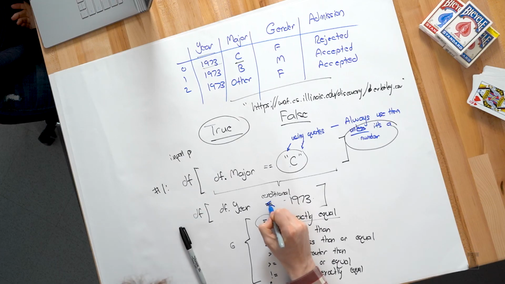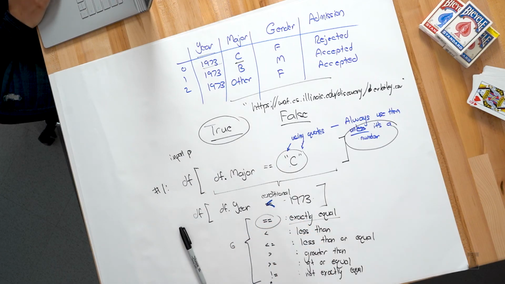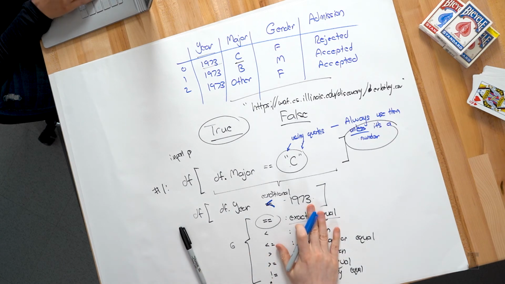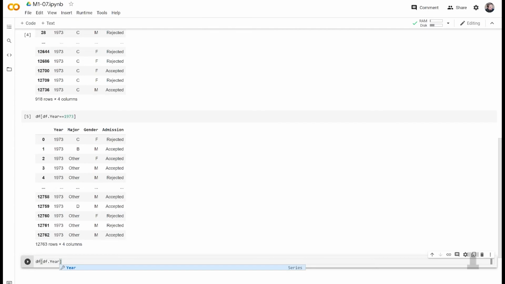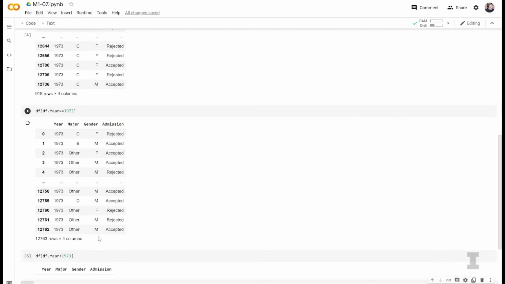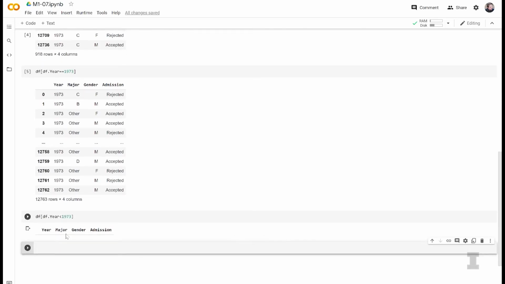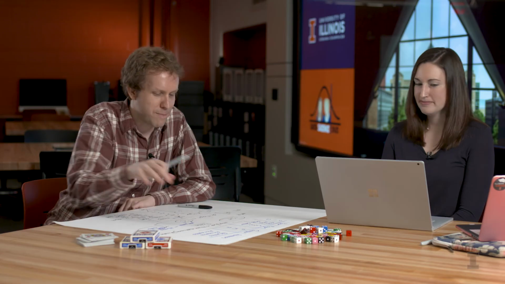One last change. Let's say we want to find out everything that was less than 1973. Let's change this to be less than 1973. We know all the data is from 1973, so I expect to see no results. Okay, so I did df[df.Year < 1973]. And it shows no results, but it's funny because it actually does show the column headings, and then there's just nothing below it. Yep, so it showed that this is the structure of the data we're looking at, but there's absolutely no observations that match the conditional.